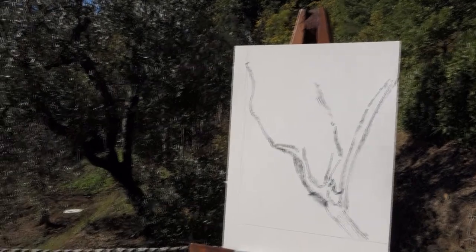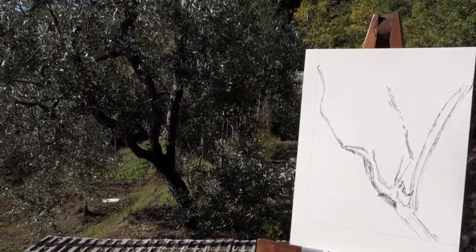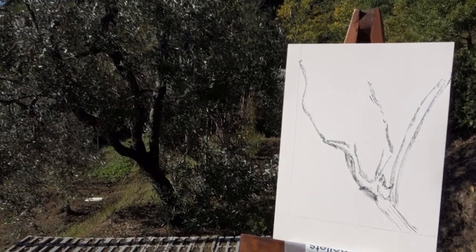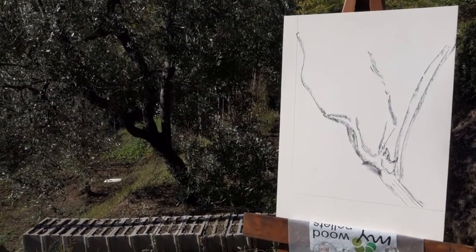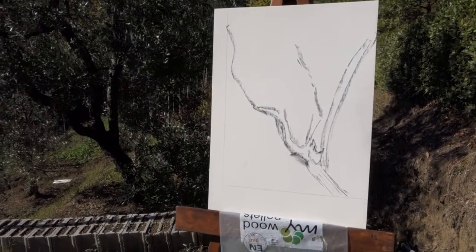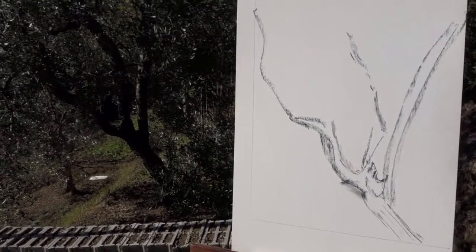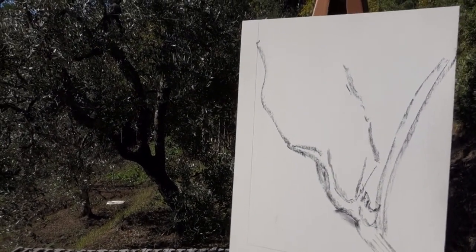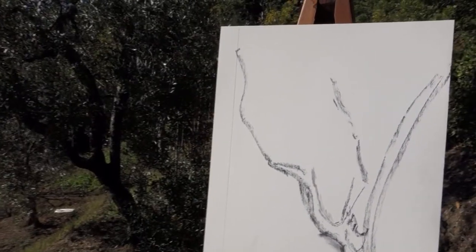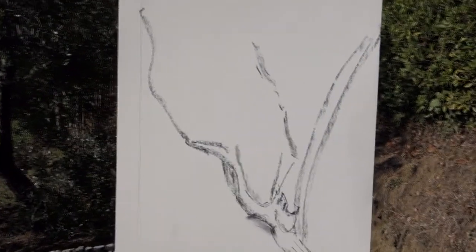But also I want to see, even though I've been watching this tree for a couple of years now and checking the light, I haven't quite decided how I wanted to depict it. And I like backlighting a lot. And that's what I want to do with this, although the side lighting is quite dramatic and pretty here. So I thought I would start the drawing part this morning, and then as the day progresses, I'm going to keep watching the light and make a decision on how I want these shapes to be lit. So right now what I'm going to say is,